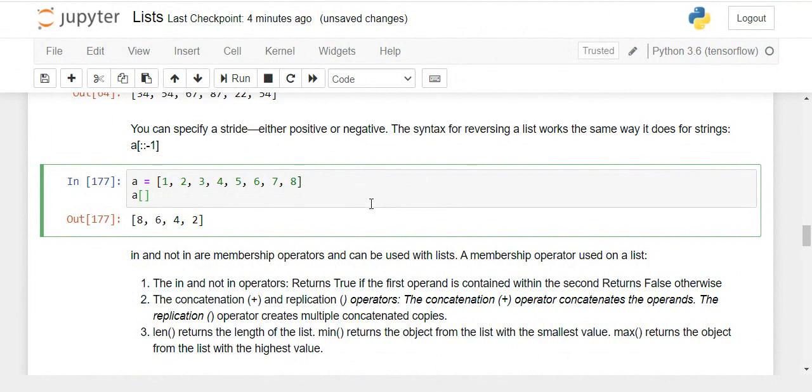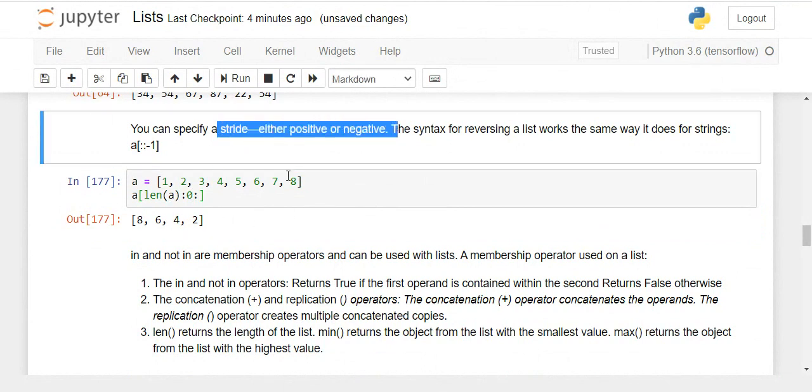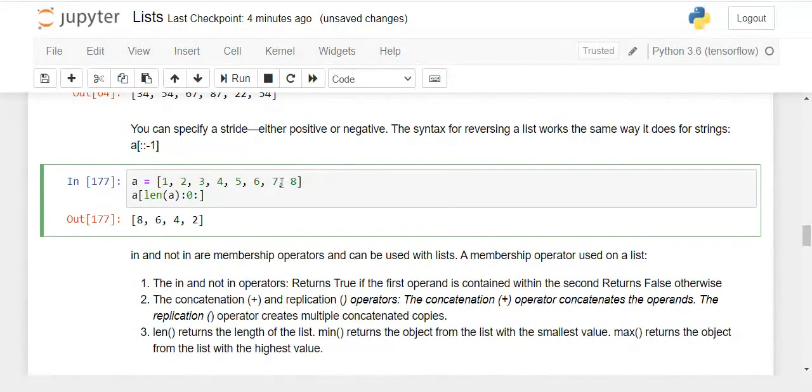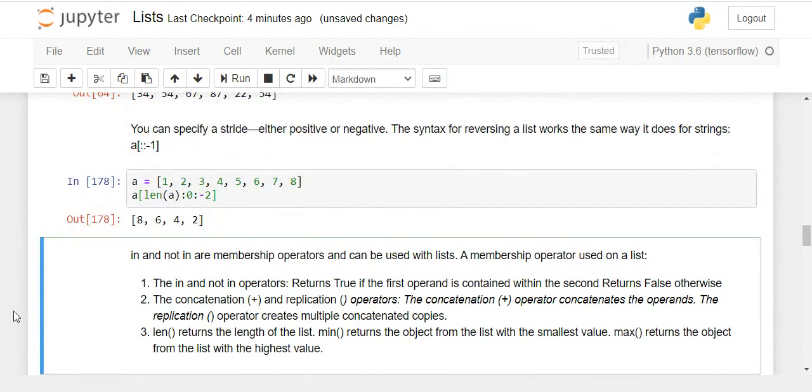So what we can do is start from the end. We can say length of A, then colon to the beginning of the list, and we have to make a jump. Now stride comes into the picture when we have to make a jump of 2 numbers, 3 numbers, 4 numbers. That comes here, that becomes your stride. This time we are going to use a negative stride because we are starting from the end of the list. So how many numbers do we need to skip? We are starting from this point, so you have to skip 2 numbers. Then you will get 6. Then skip 2 numbers again, and you will get 4, and so on. So here you have to write -2. Then you will get this answer.